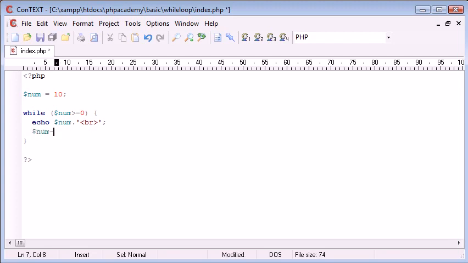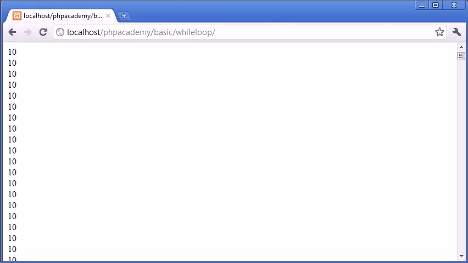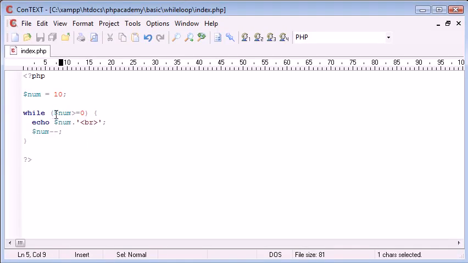So all we simply do, as learned in other tutorials, is number minus minus. So num minus minus is just going to decrement the value each time. This is the same as num equals num minus 1, but it's a lot easier to just write num minus minus. So now we refresh, and you see that we get 10 to 0, because what we've done is we've counted from 10, 9, the loop's still running as we come down, even to 3, 2, 1, 0. Now as we get to 0, we can then go on to -1, but when this value here equals -1,